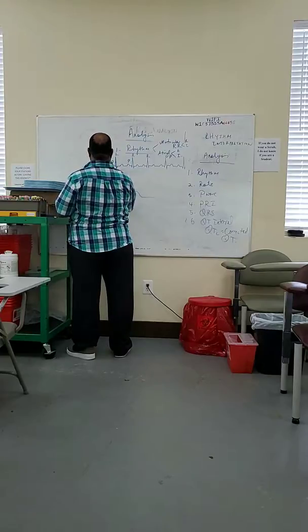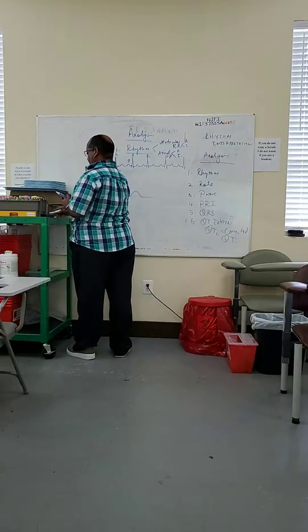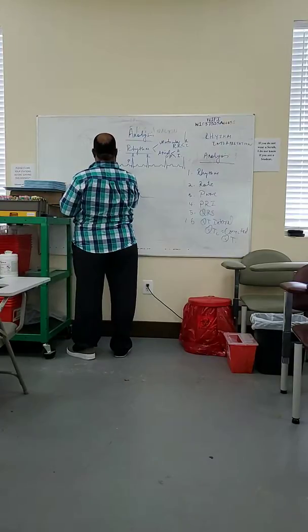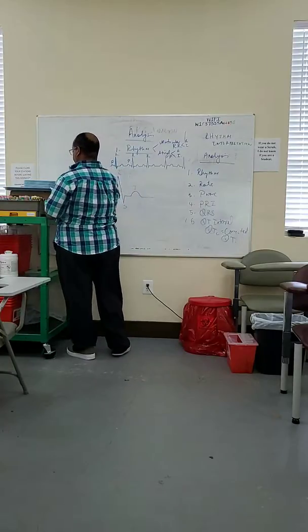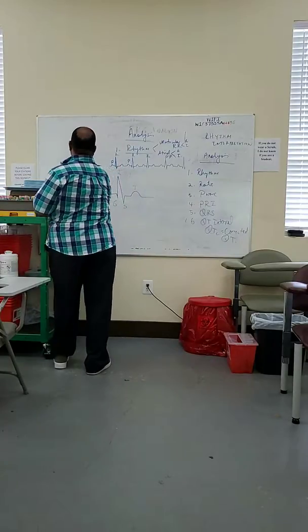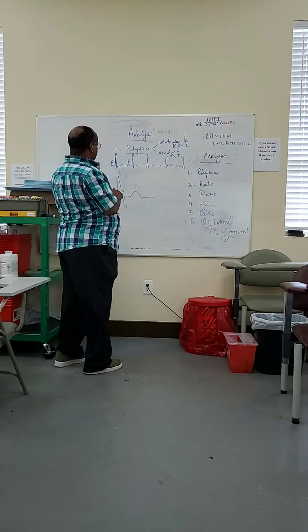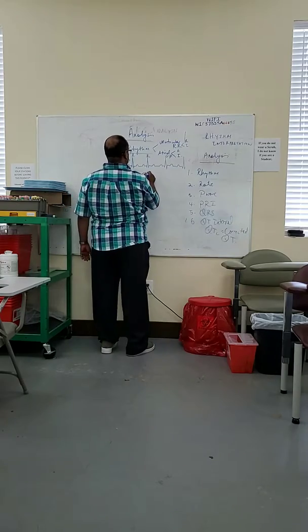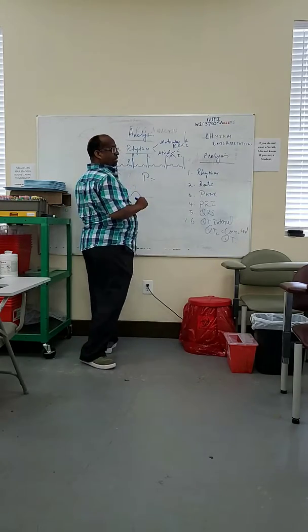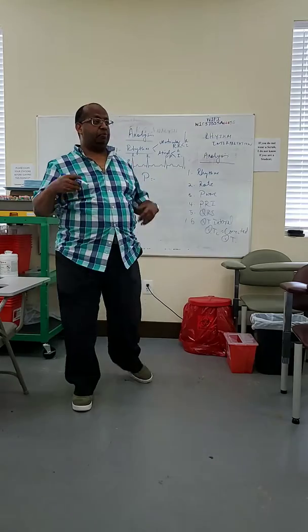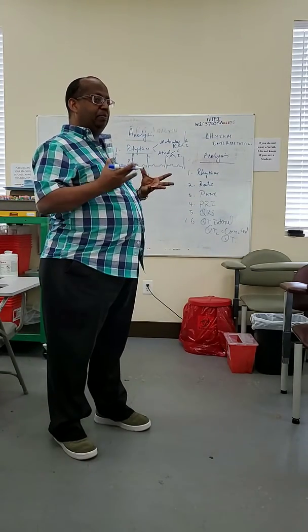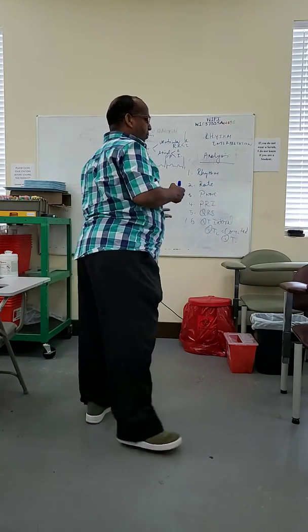So we have P wave here, we have Q, we have R, we have S, and we have T wave. Okay? What do you mean by P wave? Okay? P wave. So always, P wave tells us about what? Atrial depolarization, or it shows that the atria is getting the impulse and the atria is contracting. Okay? So